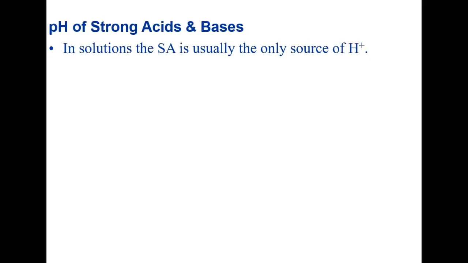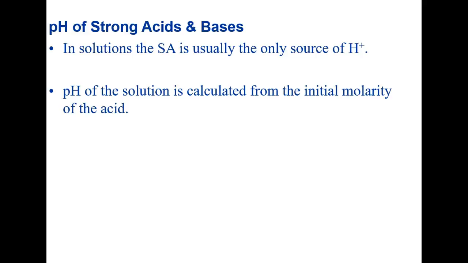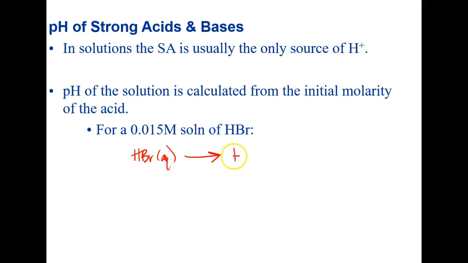So when you look at a solution of a strong acid, the only place those H's are coming from is the acid itself. And if you can figure out how many H's are present, we can then get the pH of that solution. Oftentimes, if you know the molarity of the acid, then you can get the pH of that acid. So let's say we have a 0.015 molar solution of HBr. HBr is on our strong acid list. So HBr, as it dissociates, will 100% split into H plus